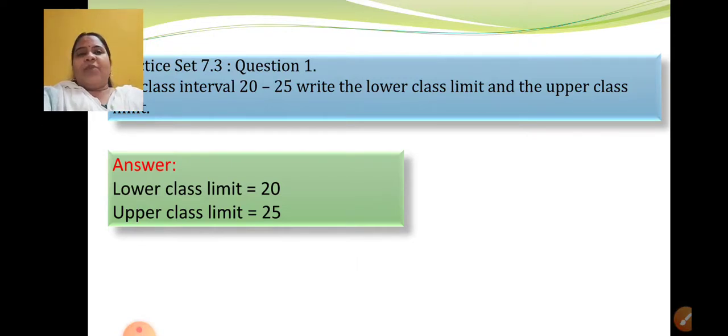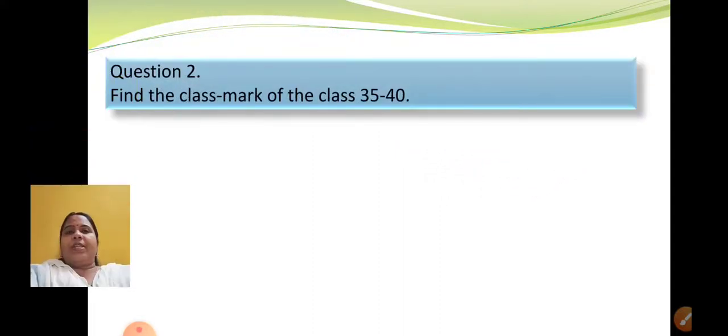Okay, so this can be asked as 1 mark, or maybe 2 questions can be asked for half marks each. This was based on the definition which I gave you, the first definition, upper limit and lower limit and all. Based on that you have to write the answer. Let us move to the next question. The next one is the second question of the same exercise.